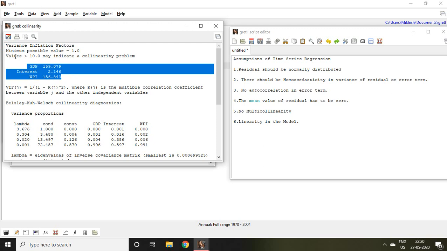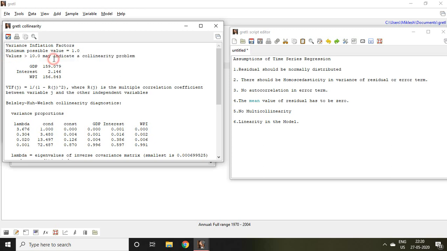It also says a value greater than 10 may indicate a collinearity problem. So collinearity exists in GDP as well as WPI. As per the importance of the variables, you can drop either GDP or WPI in order to solve this problem. So there is multicollinearity in GDP and WPI because the VIF of GDP and WPI is greater than 10.